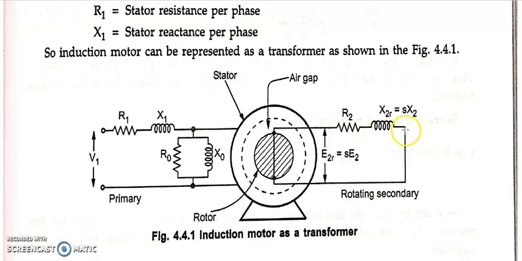In the transformer, R2 and X2 are all the same, slip will not be there. Similarly here also slip will not be there, but K times. In the transformer there was actually an electrical load connected here, otherwise it would be open circuit. But here, whether you connect or don't connect a load, we know that the rotor is a short circuited load. If I am considering a squirrel cage type rotor, the rotor is short circuited, so there is no load connected here. So directly I connect R2 and X2R in series and short it.